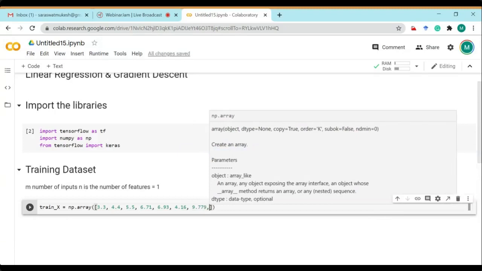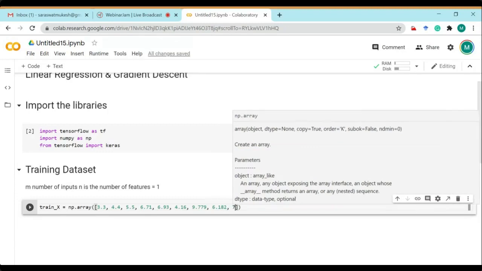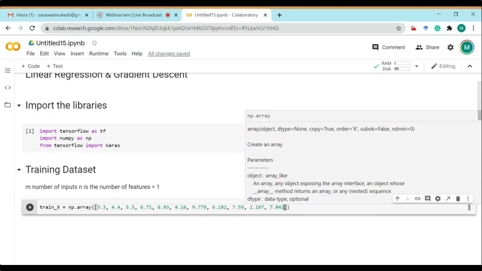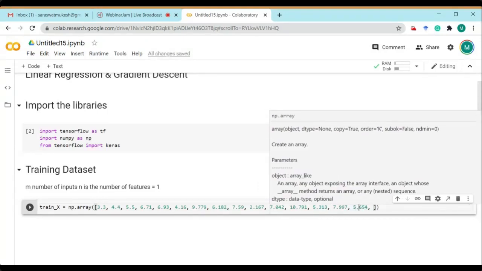Then we will take 7.79, then 6.182, then 7.59, then 2.167, then 7.042, then 10.791, then 5.313, then 7.997, then 5.654, then 9.27, then 3.1.